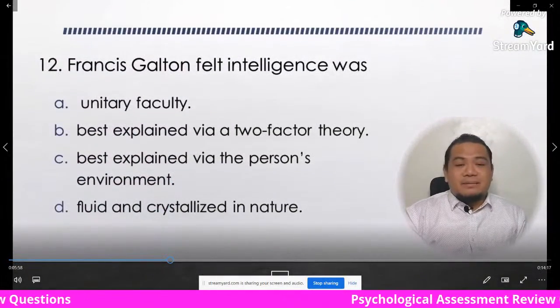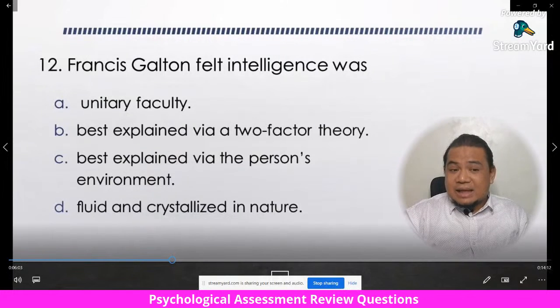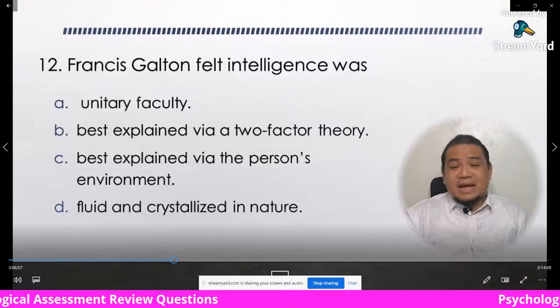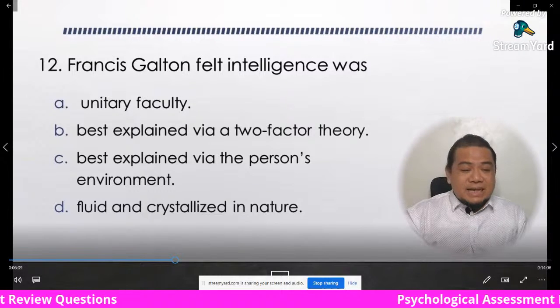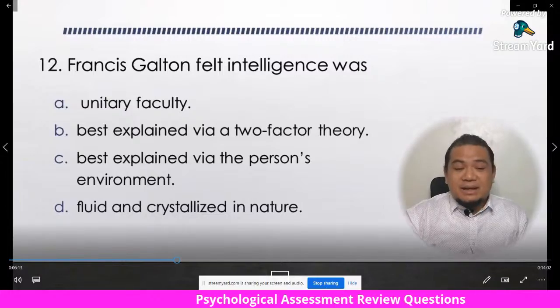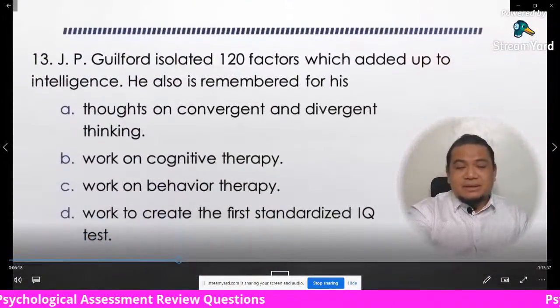Number 12, Francis Galton felt intelligence was, is it A, a unitary faculty, B, best explained via a two-factor theory, C, best explained via the person's environment, or D, fluid and crystallized in nature? Number 13,